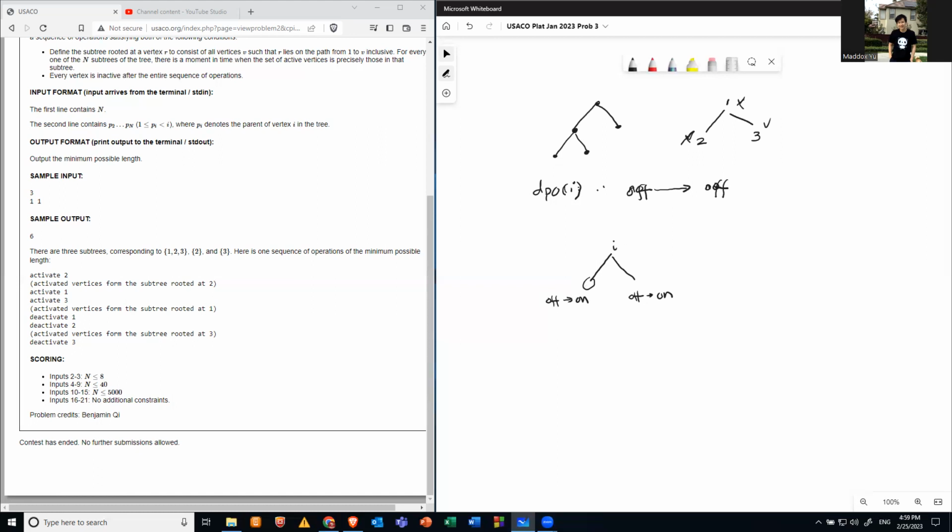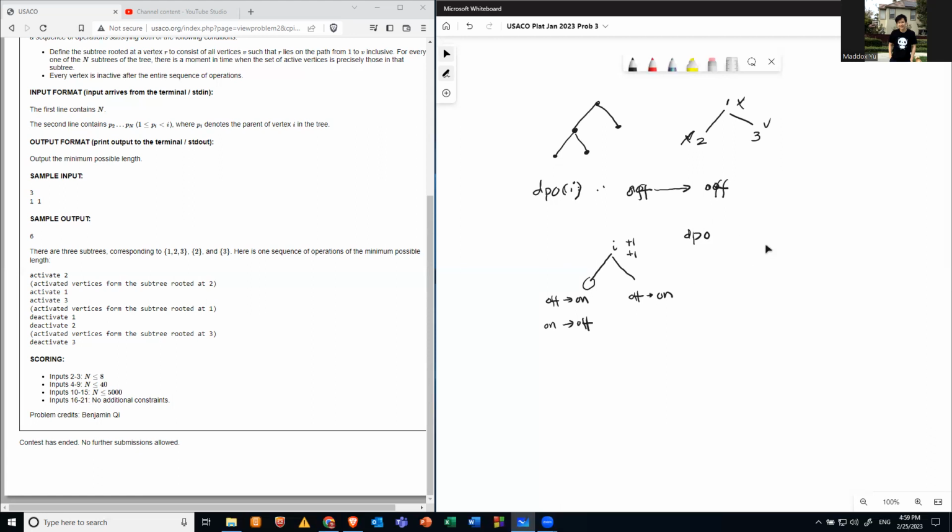Now you turn this on, you activate this branch. If you turn this on, which is +1, then you turn this on. Now the whole thing is activated. Now you have to turn this off. Turning this off is one more action. Then you have to turn this off, from on to off. Then in the end, you turn this off, from on to off. So now, in order to calculate this whole thing, DP of 0,